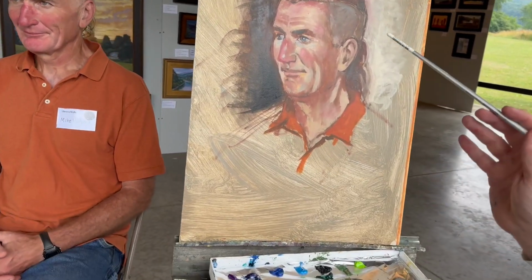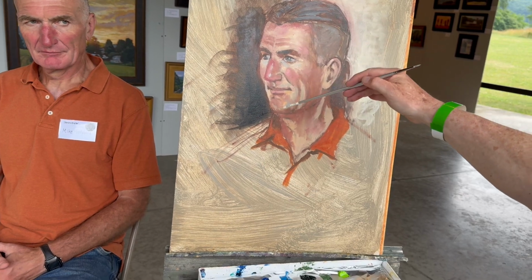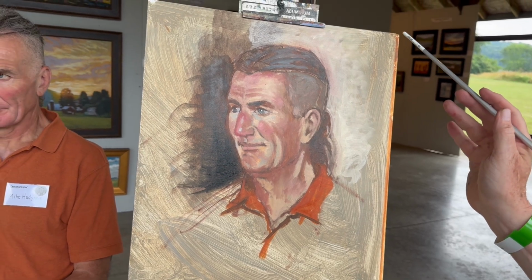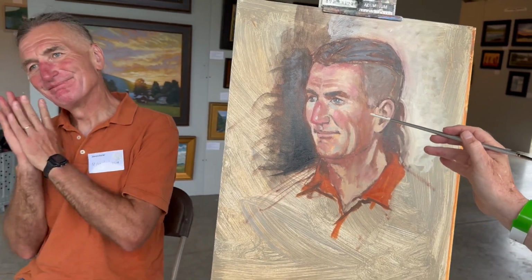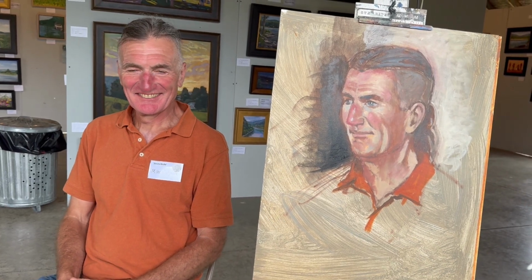The first thing I decided was the pose. I chose a kind of three-quarter pose, and the first thing I established was this longitudinal line down through the center, and then started working on the portrait. Since there was no light direction, it was a little bit of a challenge, but he has a wonderful face, these wonderful lines and dimples, and he also had a wonderful expression, a great demeanor through the whole